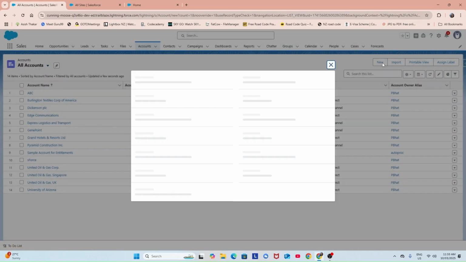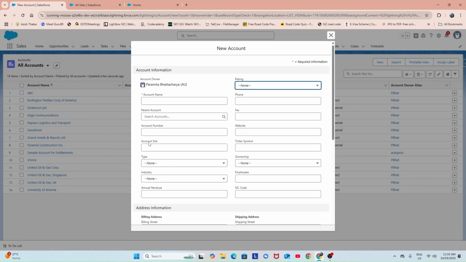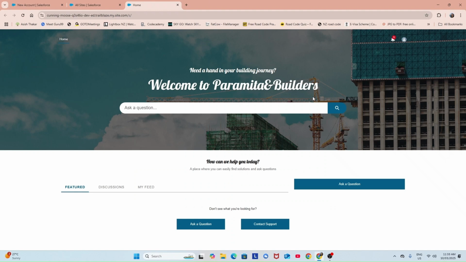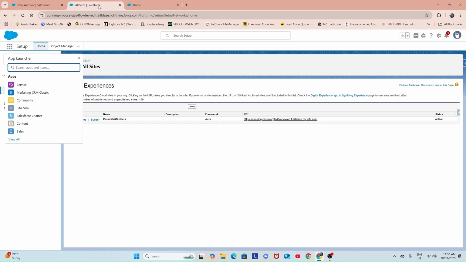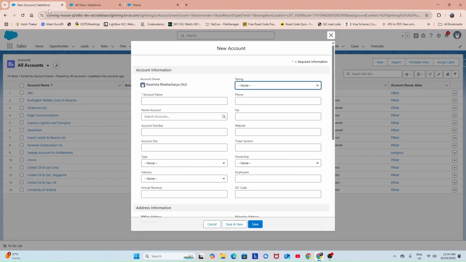I'll create a new account. Like I want it to be my partner account. Like I said, because this is a construction company, Paramita and Builders, so I will create one account for one real estate agent. Now suppose the name will be